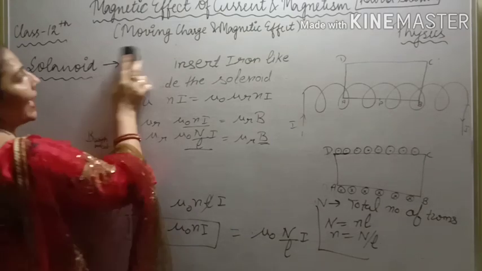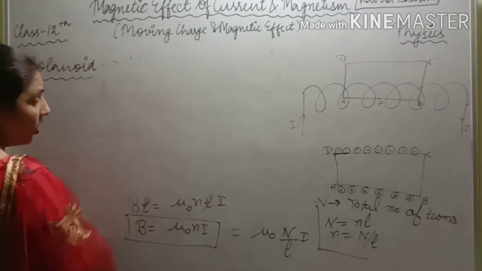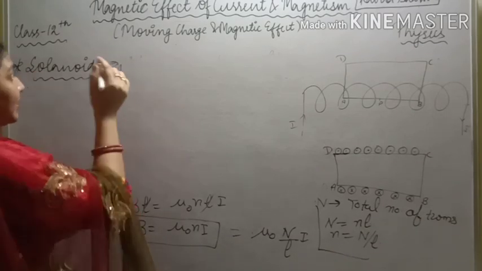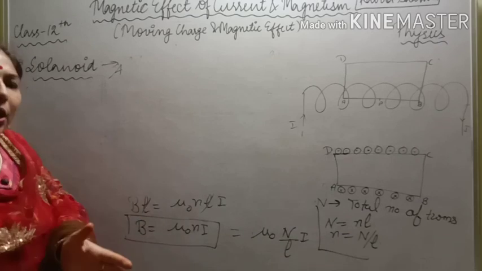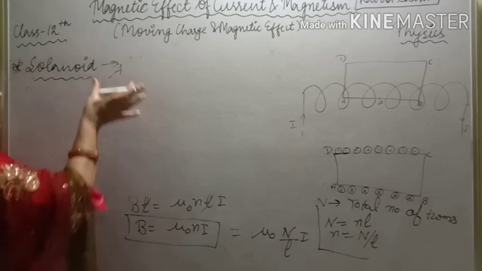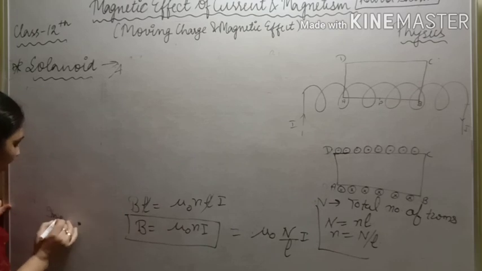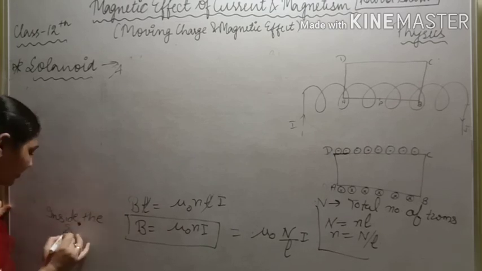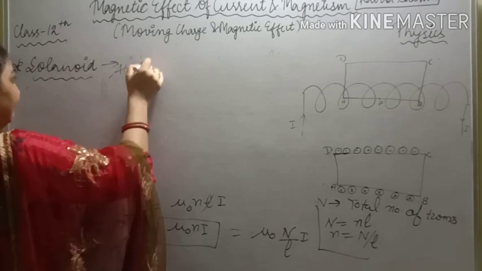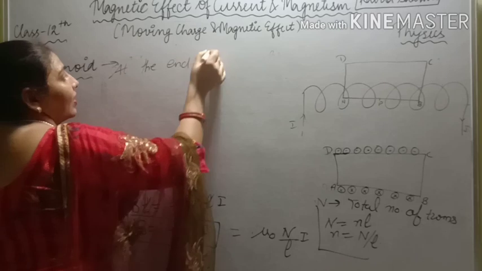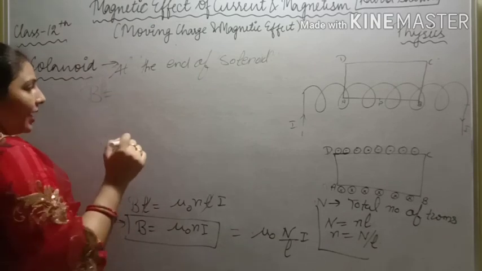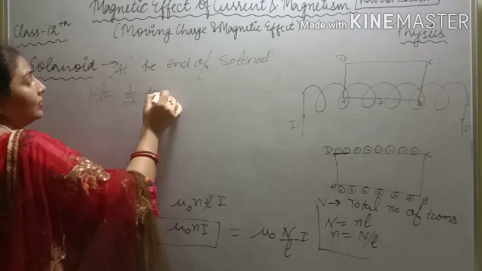बट इफ यू टॉक एट द एंड, एट द लेफ्ट एंड और द राइट एंड ऑफ द सोलेनॉइड, हेयर और हेयर, देन B एट द एंड. वेरी इंपॉर्टेंट फॉर द न्यूमेरिकल ऑल्सो. ठीक है, अक्सर ये क्वेश्चन आ जाता है आपका कि एट द एंड निकालो या इनसाइड द सोलेनॉइड निकालो, तो फॉर्मूला दोनों के लिए अलग हो जाता है. मैग्नेटिक फील्ड इनसाइड द सोलेनॉइड इज दिस एंड एट द एंड दिस. यहाँ पर लिख भी सकते हो आप इनसाइड द सोलेनॉइड. ओके, एट द एंड ऑफ सोलेनॉइड जो B की वैल्यू होगी आपकी, B विल बिकम इक्वल टू 1/2 म्यू नॉट एन आई.